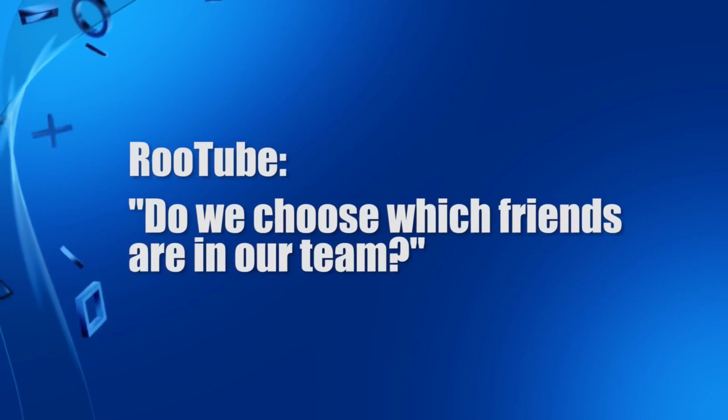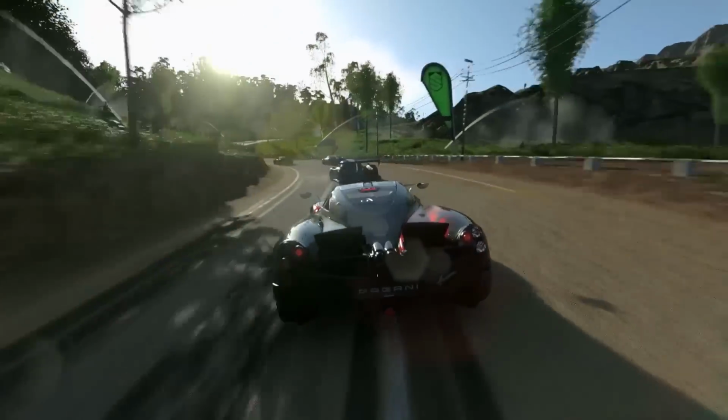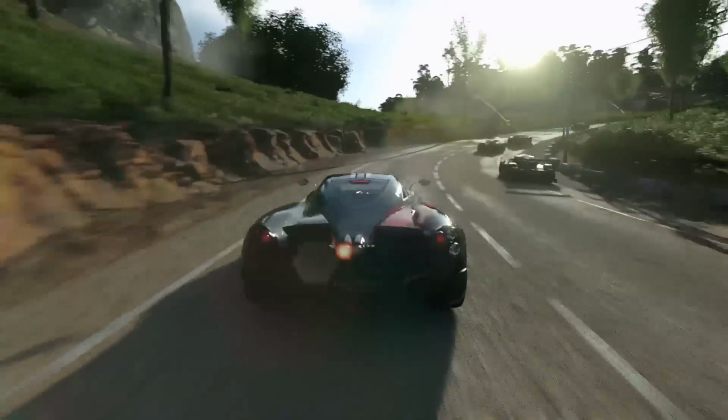Sounds good. Right, RooTube would like to know, do we choose which friends are in our team? And I guess, if so, how can we invite them in? Yes, so the dynamic menu makes this all incredibly easy for you. You can choose your PlayStation Network friends. So when you go to set up a club or look for other clubs to join, you can filter it by your PlayStation Network friends, people that you played recently in Driveclub,